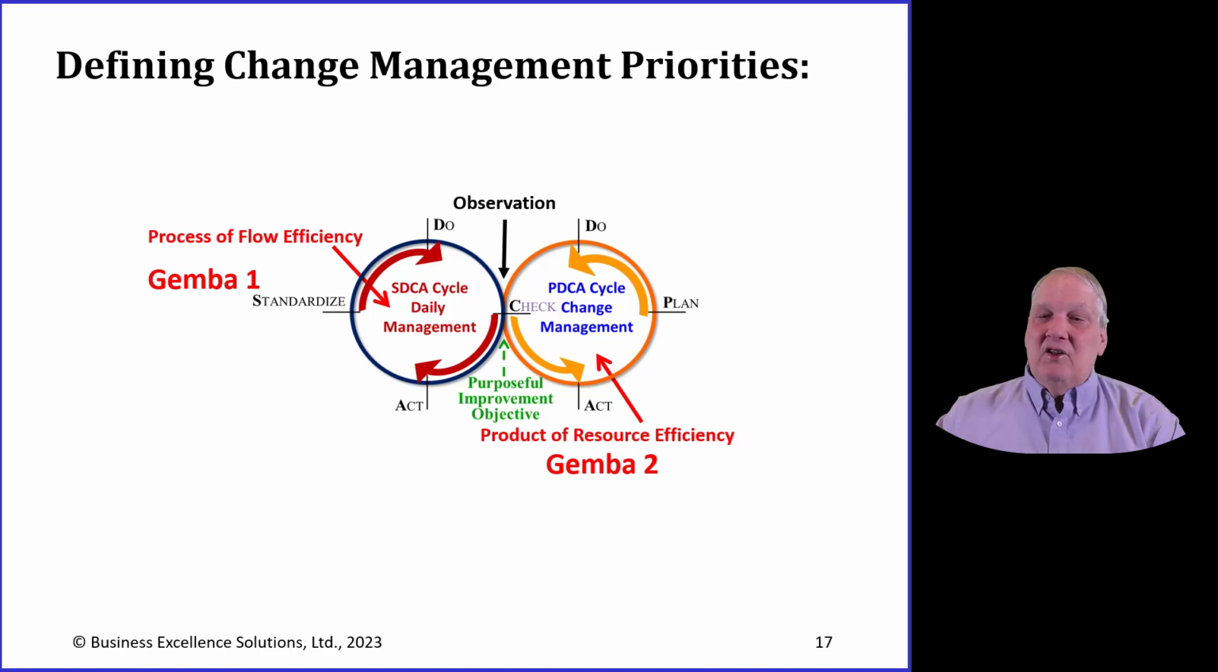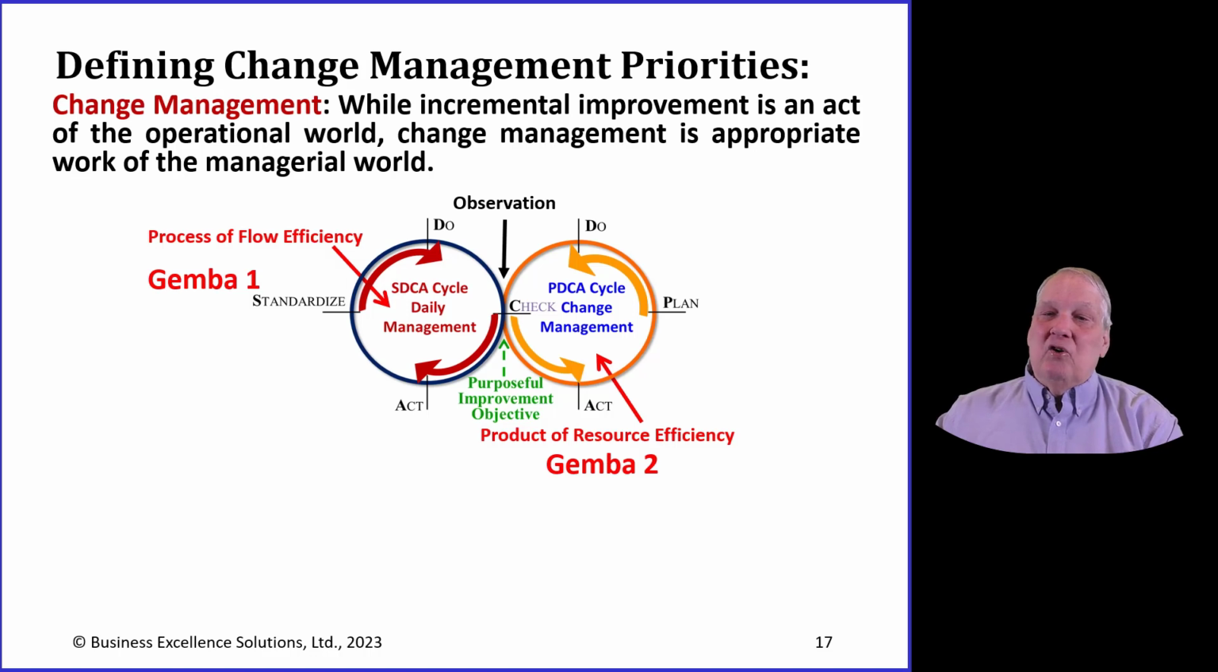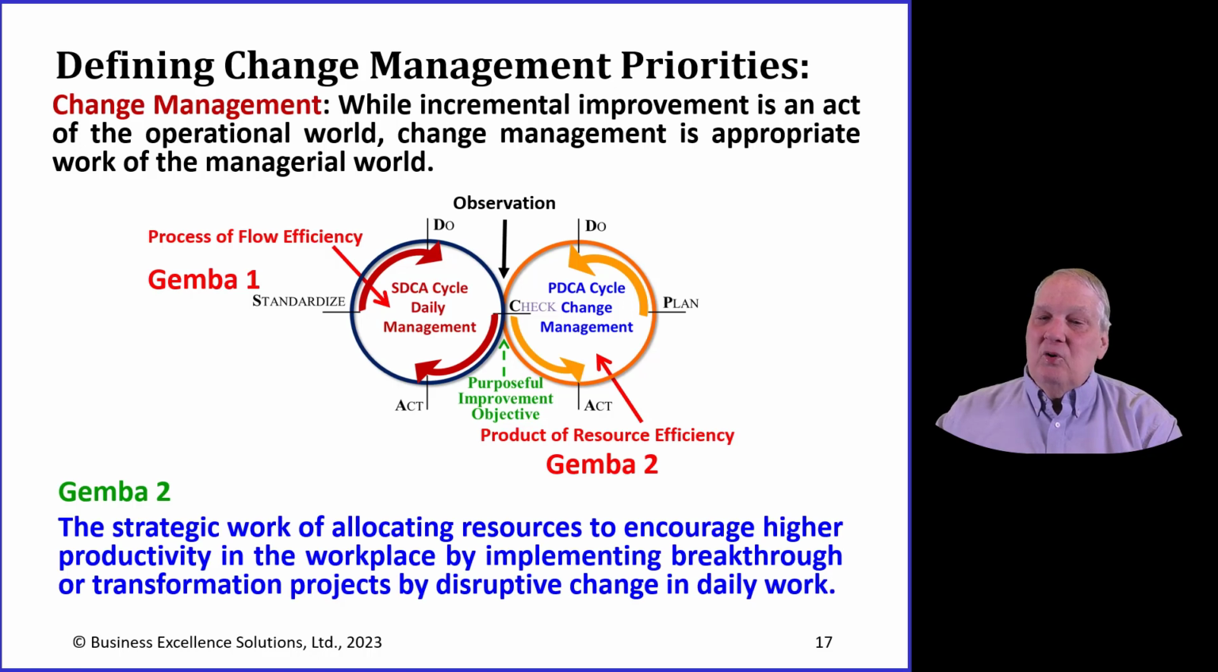And so if we define these change priorities, which we saw in this Gemba 1, we see Gemba 1 is basically about flow efficiency, but Gemba 2 is going to be about resource efficiency. Resource efficiency is not about Gemba 1. Gemba 1 is about getting rid of mistakes and flow efficiency. Gemba 2 has to apply resource efficiency. So change management, well, incremental improvement is an act of the operational world. Change management happens in the management world. So Gemba 2 is the strategic work of allocating resources to